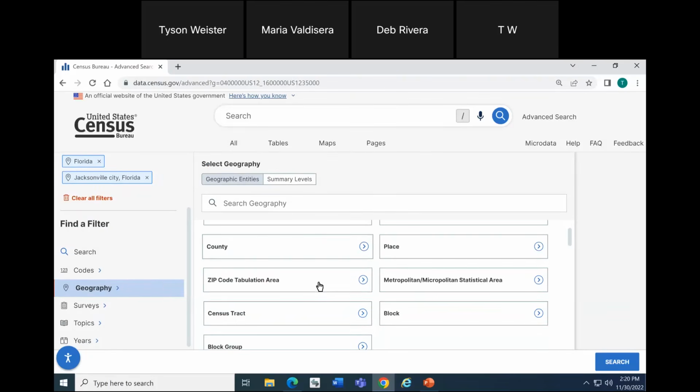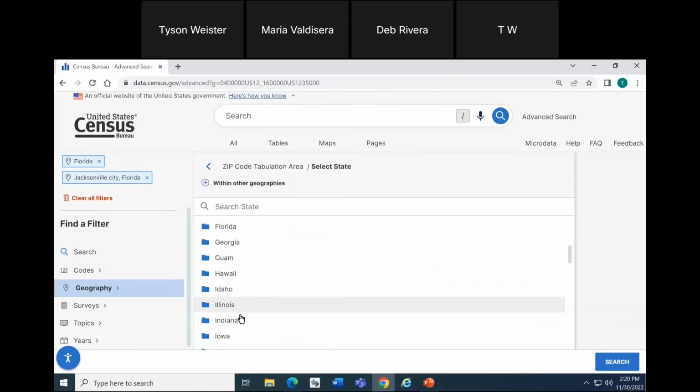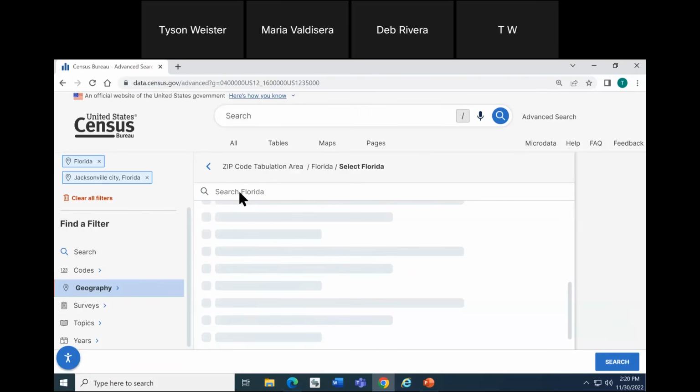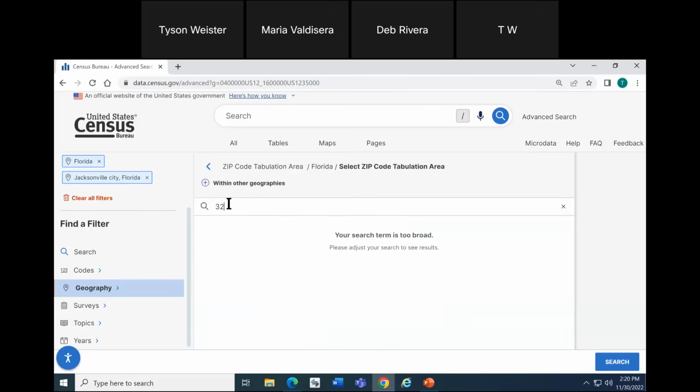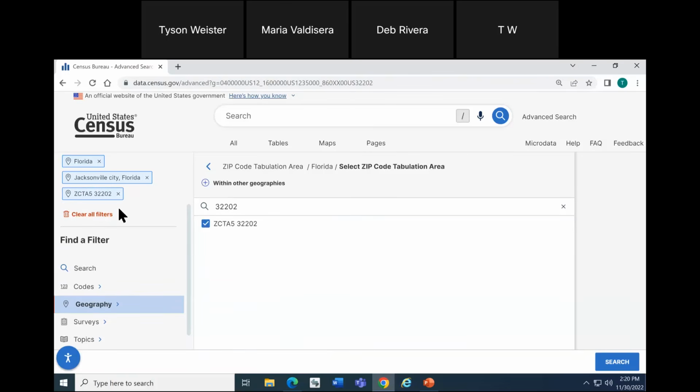Last thing we wanted to do was select the zip code area 32202. Here I'll click zip code tabulation area. If you're looking for demographic data, this is the one you would want to use, and we call it out in the most common geography selection to help you get to it more easily. We'll click Florida. And again, we're going to get that list of all zip code areas. I'm going to click at the top and type in 32202 and make sure to mark the checkbox in order to make that final search selection.